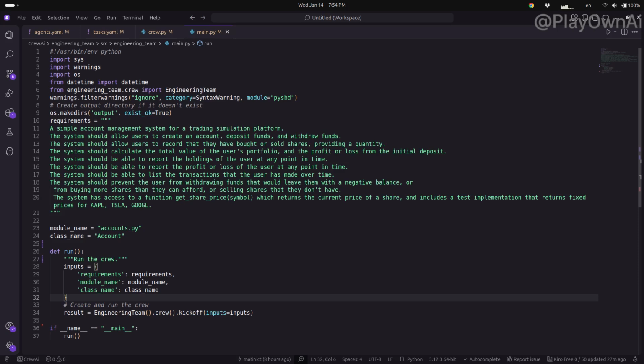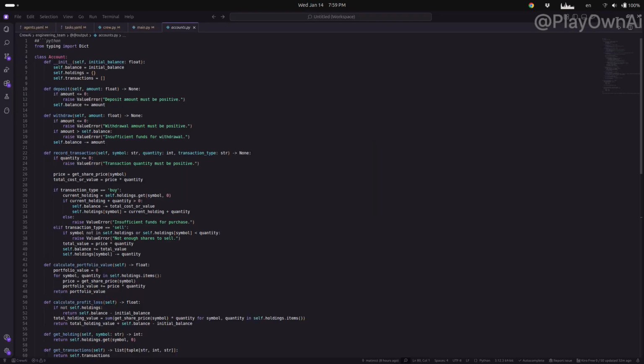We also enforce real-world constraints. Users can't withdraw more than their balance, can't buy shares they can't afford, and can't sell shares they don't own. We then define two key parameters: the module name, which will be accounts.py, and the class name, which will be account. Inside the run function, we package everything into a single input dictionary and pass it directly to our CrewAI